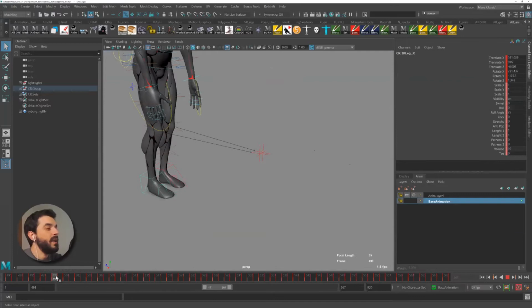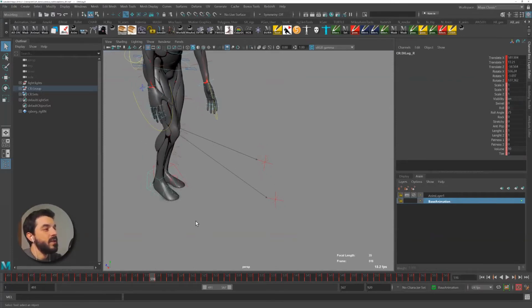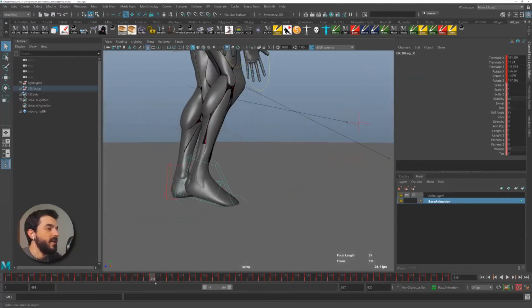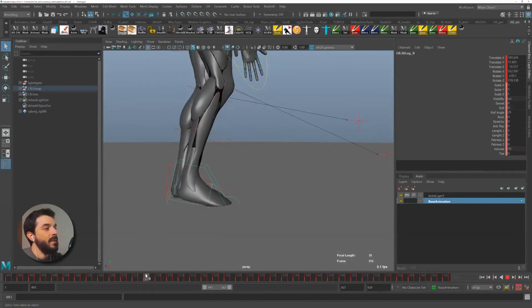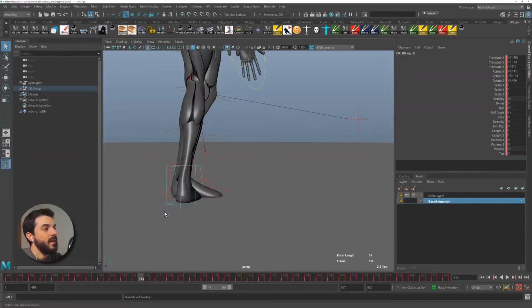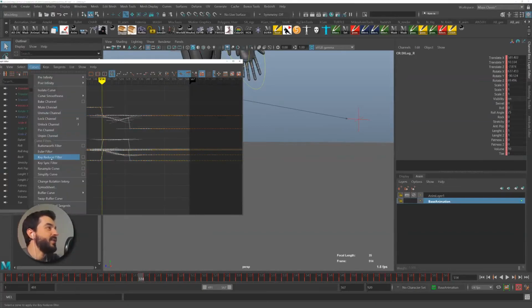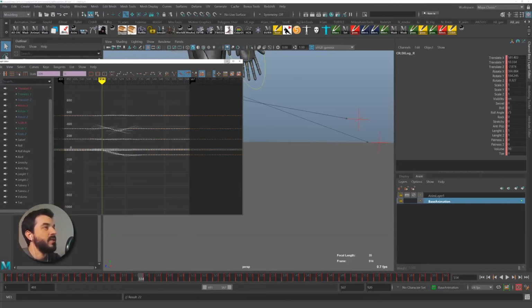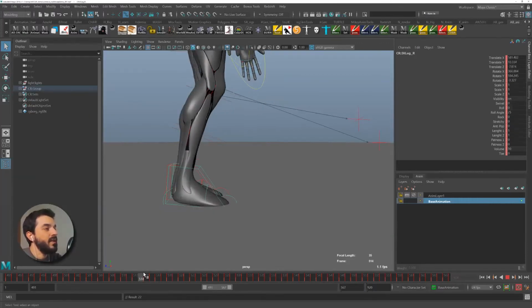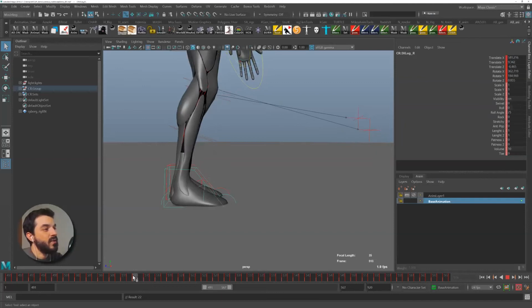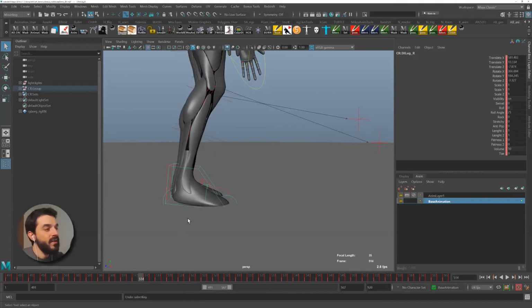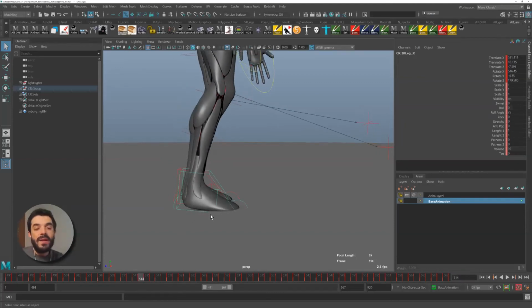We don't usually bake the feet, because you're never sure if it's going to create additional sliding on the feet. What happens, for instance, if I delete this key? You see that, apart from the unfriendly Euler rotation, which I'm going to fix with a Euler filter, the foot will start translating forward. So the problem is that by baking the animation on feet, you risk compromising the contact poses,